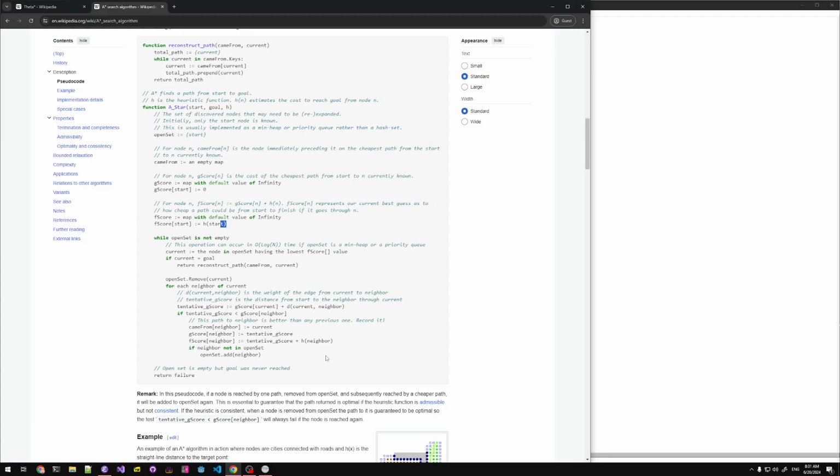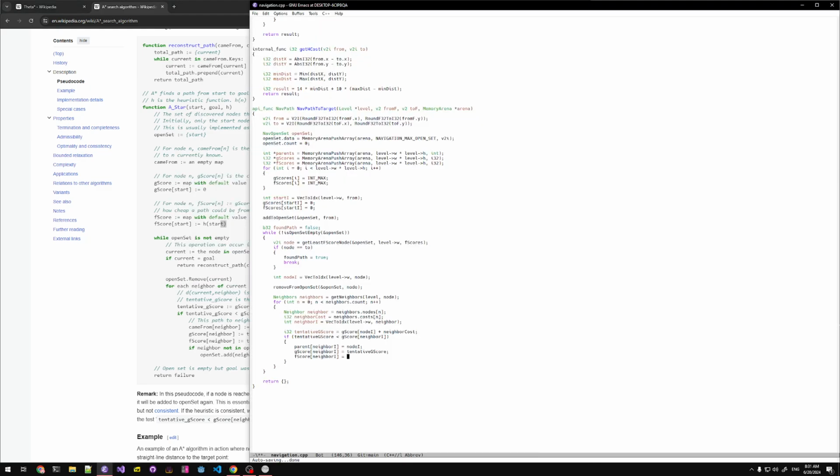So we don't actually care to compare f-score there, we just care about g-score. Okay, so we got g-scores, f-scores, and then f-scores will be tentative g-score plus